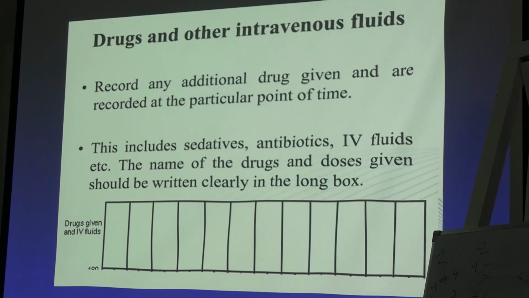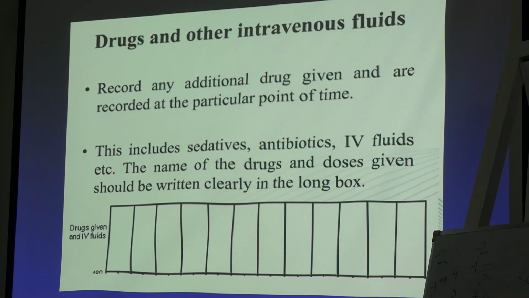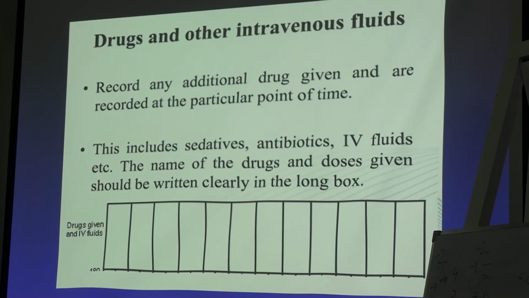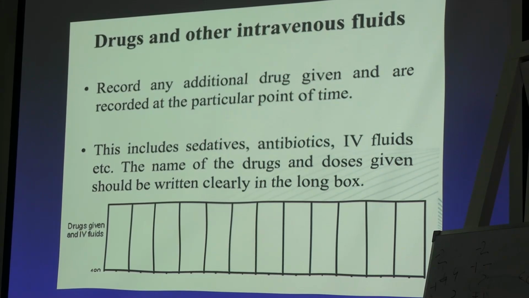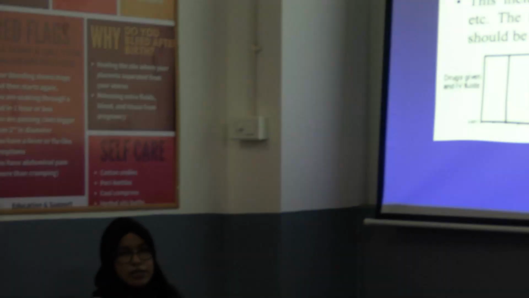Okay? But what you need to give after delivery, what will you give? In the third stage of labor, what will you give? After delivery of the placenta? Have you read MTSL? No. Okay, we will teach you later. Oxytocin: we give 10 international units of oxytocin IM after delivery of the baby. Okay? We give it in all patients. Then we do control cord traction. We remove the placenta by controlled cord traction, and we do delayed cord clamping at 1 to 3 minutes.